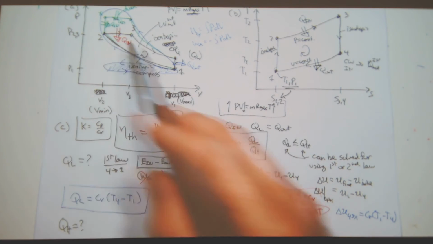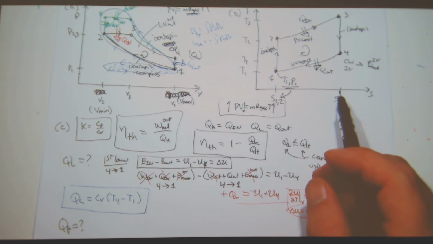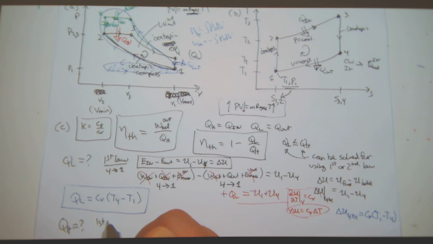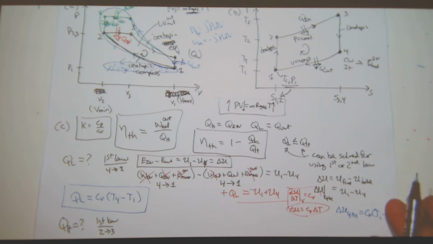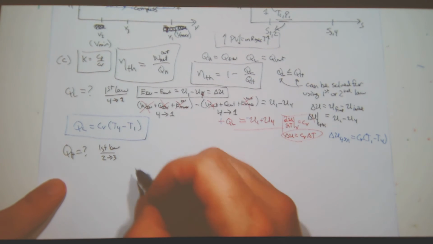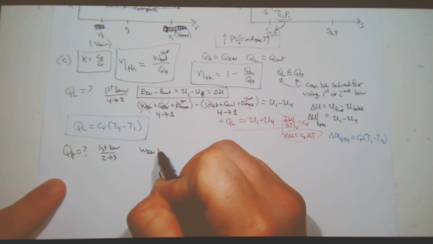I don't have a change in pressure though, so it's constant pressure. So I'm going to use the first law, and this is 2 to 3 to get me QH. And so let's do a full energy balance on that. So I got work in plus heat in